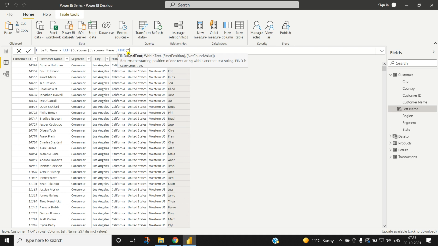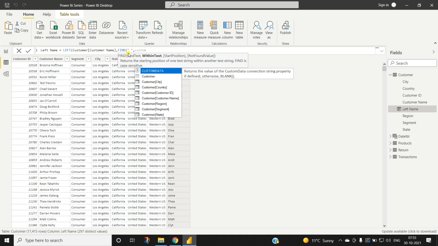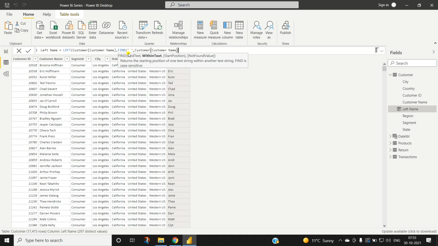Here we want to find the space, and from where? Customer name, from the customer table. And the starting position we want to be the first, so we do not need to mention one, we can simply mention comma. And if no space is found, then return the value as 0.